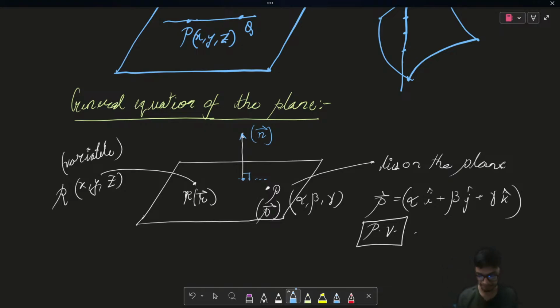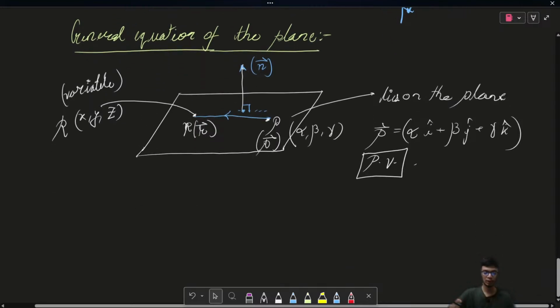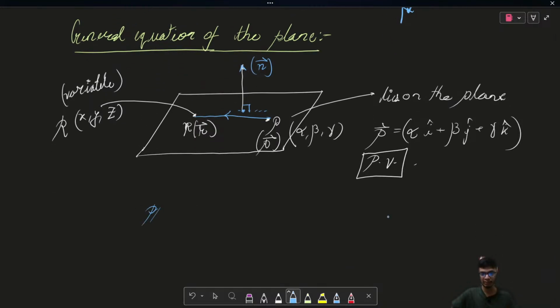Okay, any questions? So now we have formulated the background of this question by defining any variable point. We already have a known point and we have defined a perpendicular vector or a normal vector to all the points of the plane, right? Which is given as follows. Now if I have this form, then the equation of plane is a very simple thing. We can define the equation of the plane by forming this as one vector and the normal vector is already given. So I can use the concept of dot product for perpendicular vectors. So one of my vectors will be the PR vector. So if I take the dot product with this n vector, I would get the result as 0,